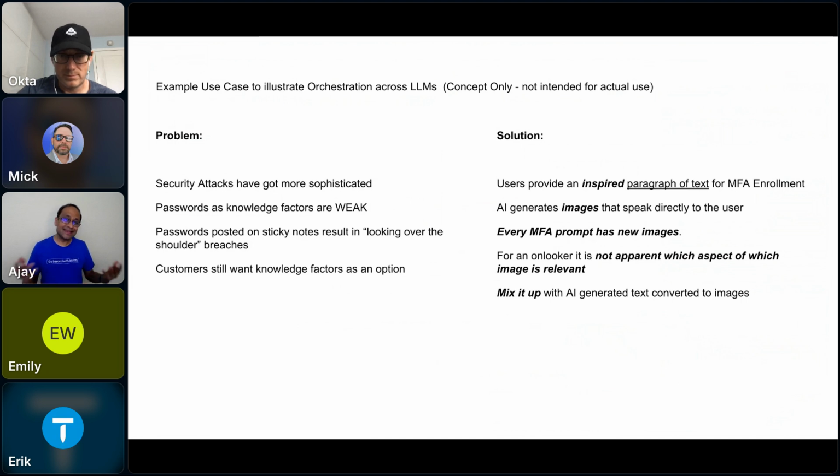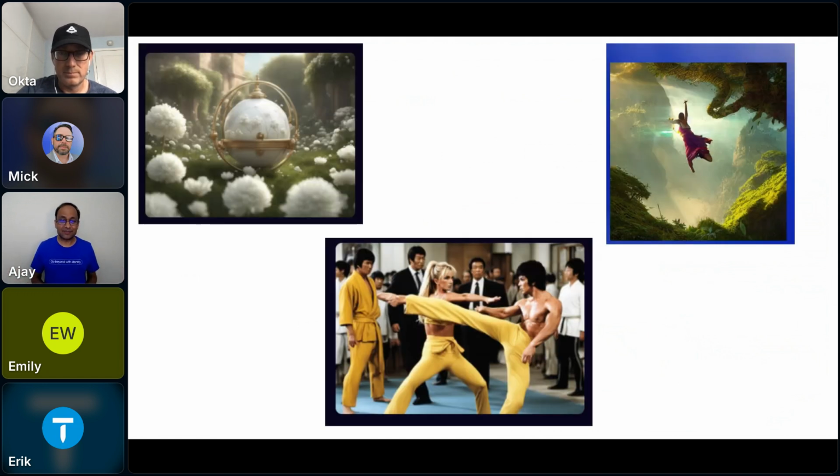So here's a thought. What if we took that one factor, something that you know, and made it a piece of creative writing and used AI to generate an image? So, for example, let's imagine that I have written up some creative text, and when I authenticate, it shows me 3 images.